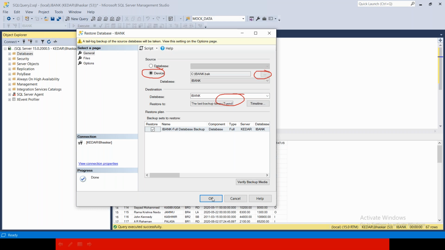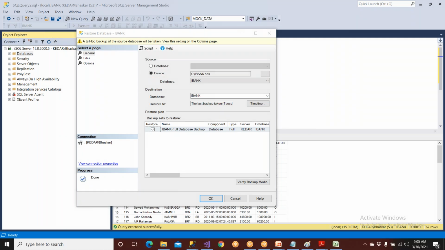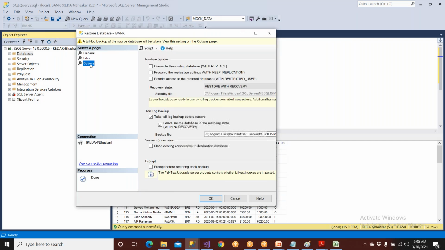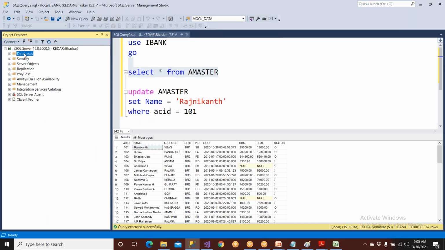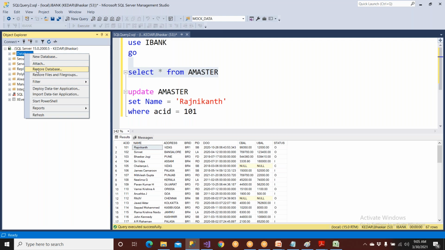Okay. When you click on OK, automatically it will restore, nothing to worry. It's very, very simple to attach the database. If you get any kind of an error, you go to options, you say overwrite and click on OK. Clear? So this is how you should be able to do it. I have already done the restore, so I am not doing it. Once again, let me tell the steps. Clear? Right click on this, go to restore database,